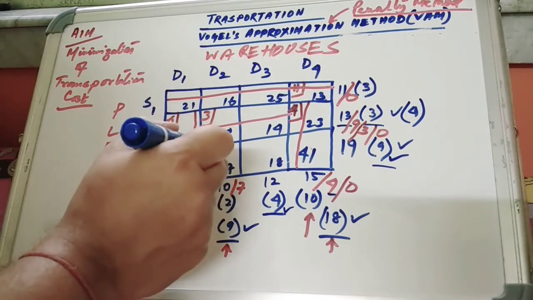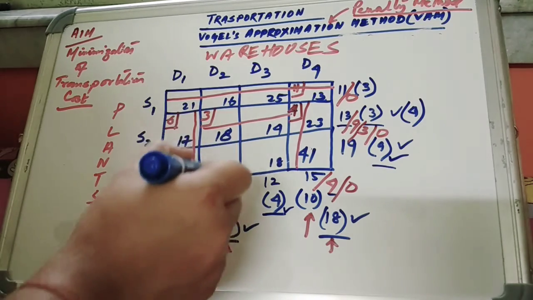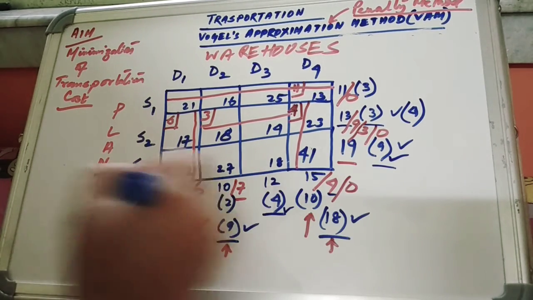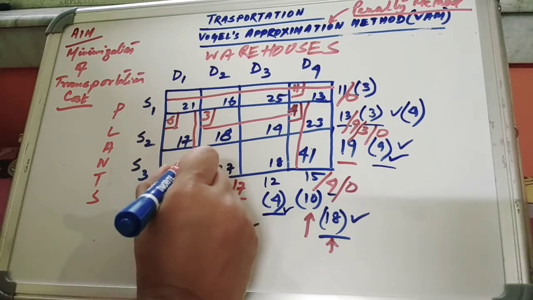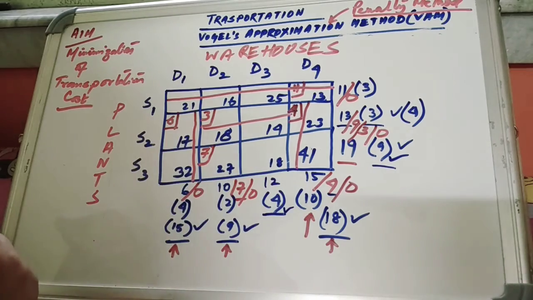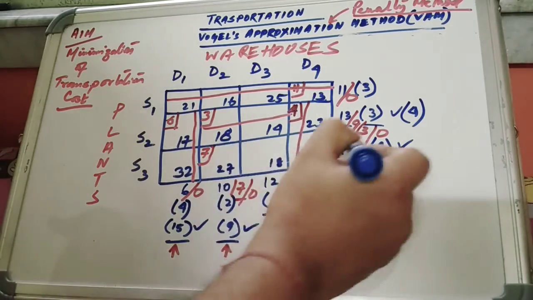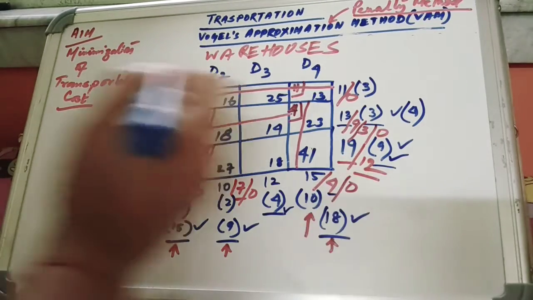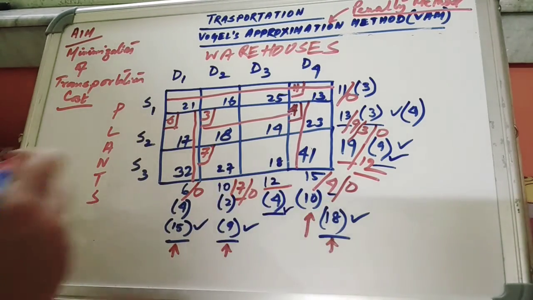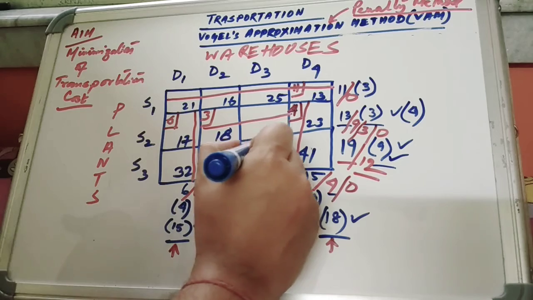So we have to select this particular column or row, whatever you say. For this we have to allocate accordingly. Okay, now look, here it is 19 and here it is 7. So the least we have to select, that is 7. Okay, we have selected 7. So it becomes 0. Okay, now here remains 12 only, as you have taken 7. Now you have got here 12 and only one cell remaining, that is the 18 cell, and here also you are having 12. So that means your process is correct.